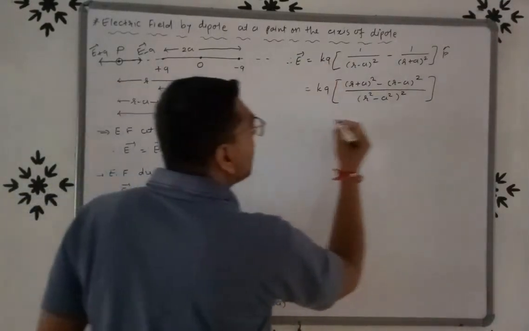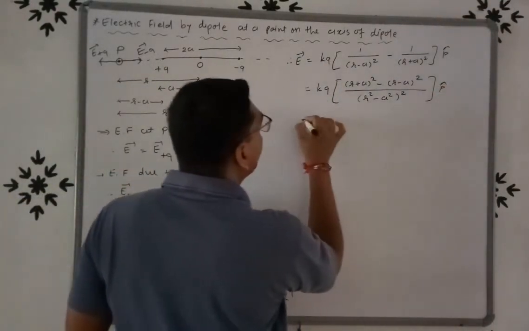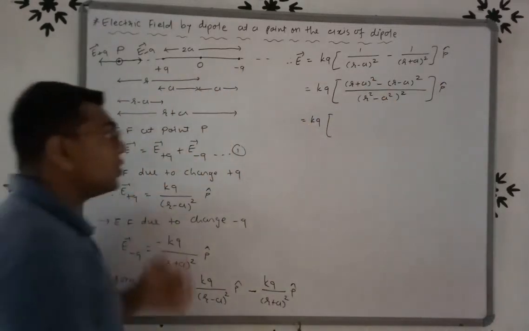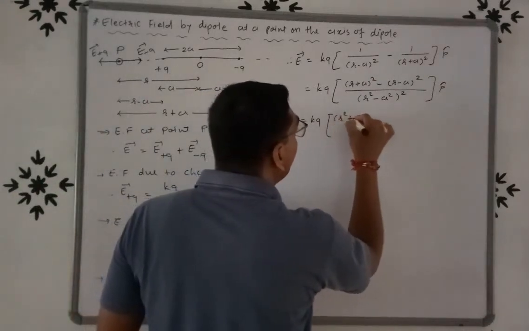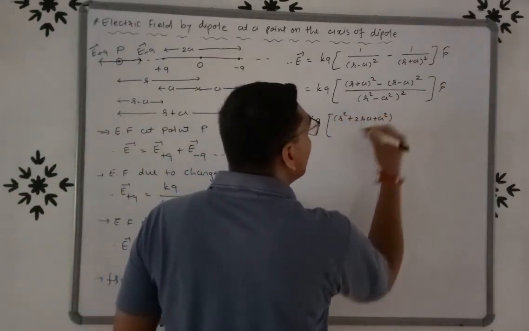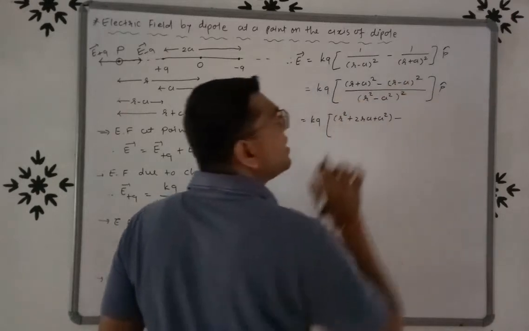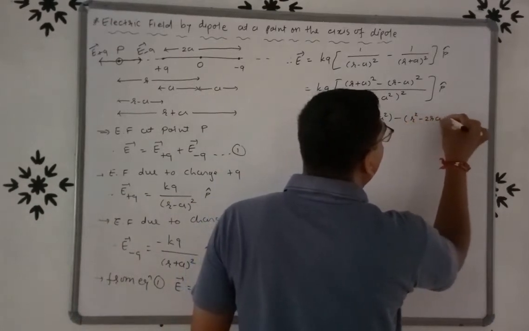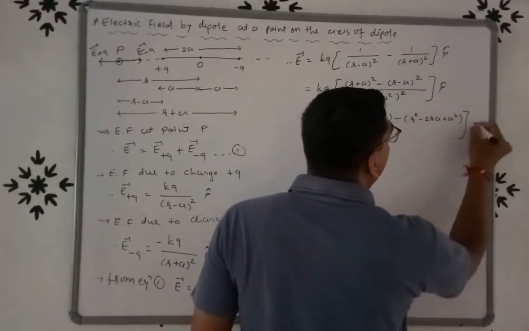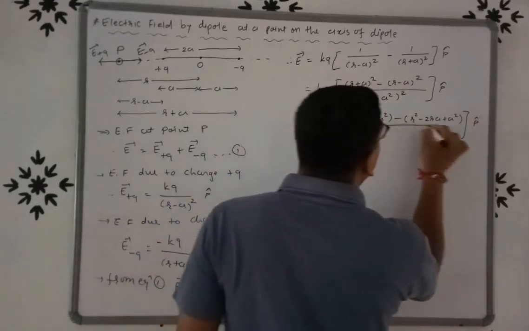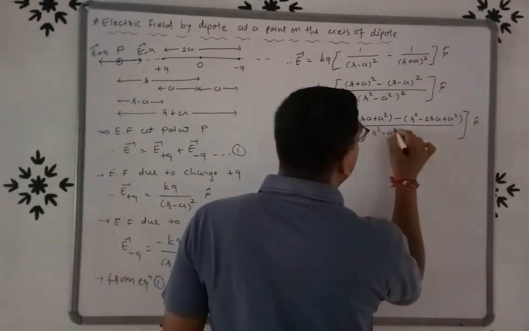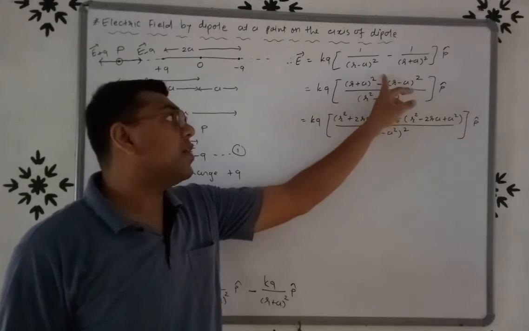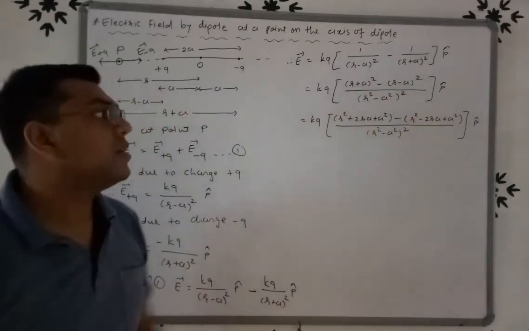Now we use the formula. Here p cap as it is. So k cube. Now here (a plus b) whole square, so we can write r square plus 2ra plus a square, right? Minus here (a minus b) whole square, so r square minus 2ra plus a square, like this. p cap. Here (r square minus a square) whole square as it is, right? So here we simply use the formula of (a plus b) whole square and (a minus b) whole square.